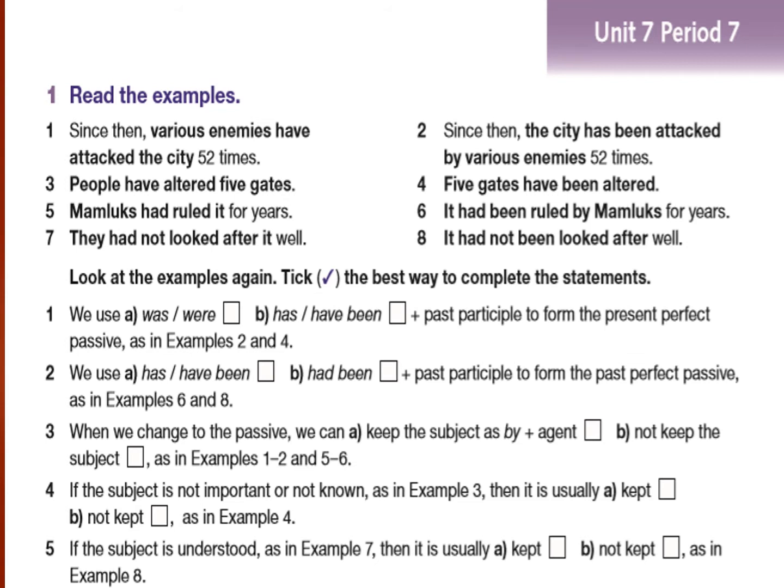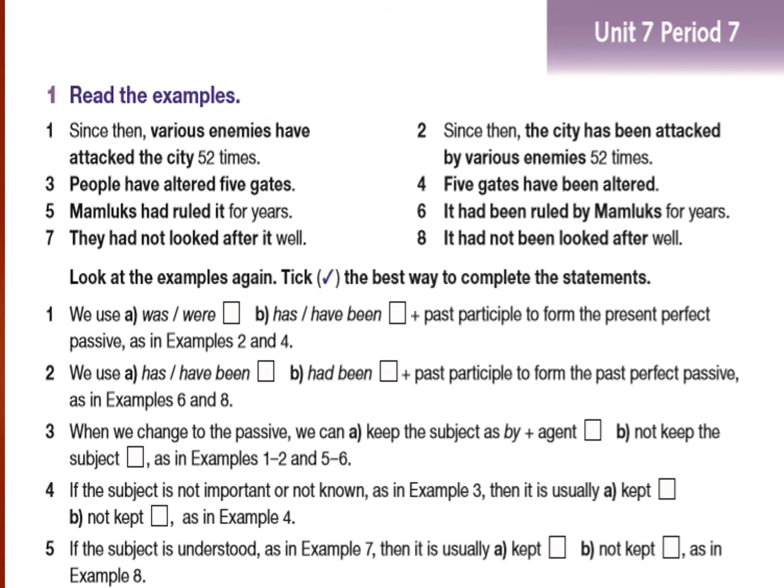Here I start with the city, the object, then I put has, then followed with been, and the past participle of the verb. Okay, so here when I change from active to passive in the present perfect, the rule will be object plus have, has, plus been, plus the past participle. Let's go to